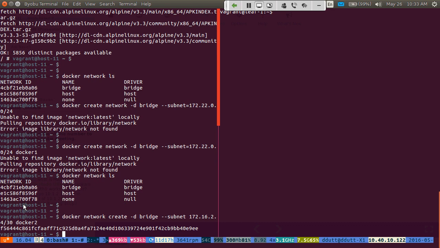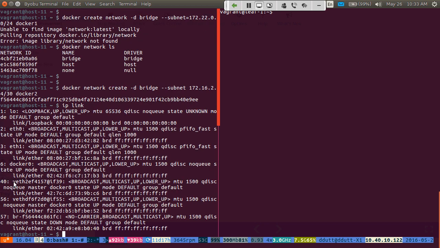So I have now created a subnet, a new Docker bridge, and you can see that if I type ip link, there's a new thing called Docker1. Internally it's called Docker1. Externally it is called this particular name. And you see that it's been assigned an IP address, 172.22.0.1/30. So this means that I can create just one more container in this, because .1 is already taken up. /30 essentially means you can create 2 hosts.